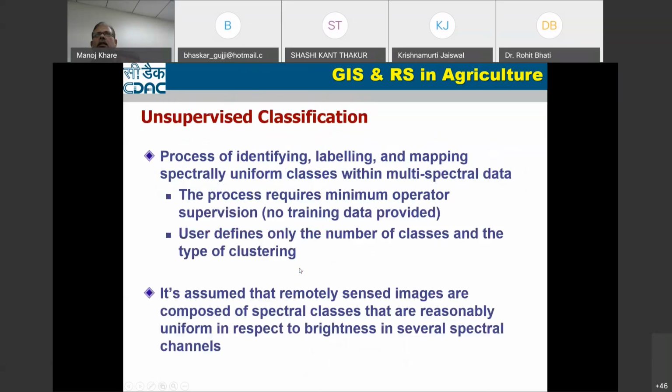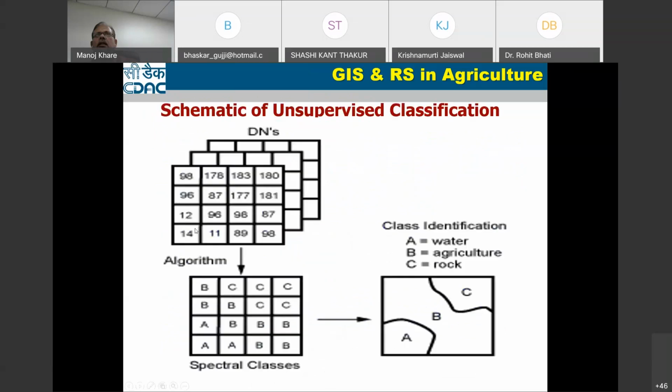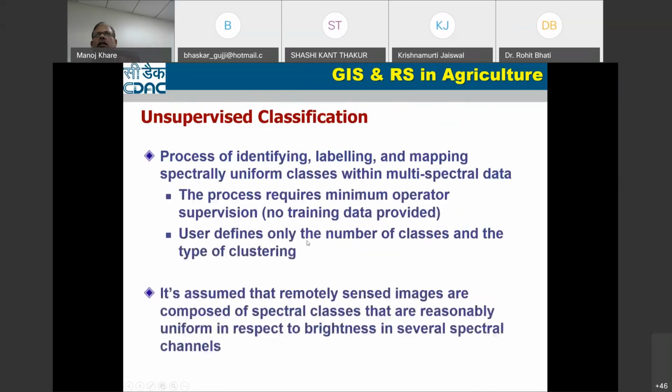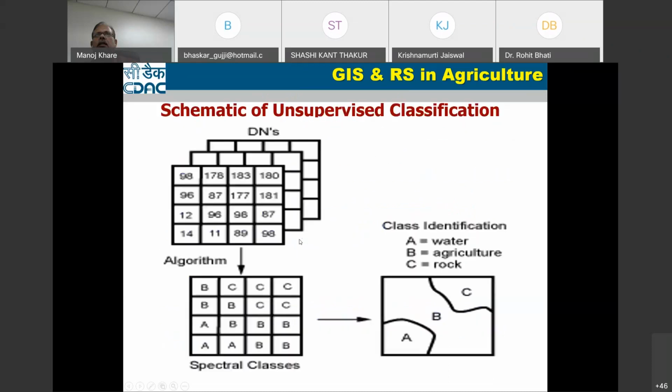But when you go for unsupervised classification, it classifies based on the numeric DN value into that number of classes. Suppose you go for 3 classes, it will take a certain range. When you go for 5 classes, it will change that range. Like in this case, it is taking 177 to 181 as one class. But if you go for more classes, it may put 170 to 178 in one class, 180 to 183 in another, and 181 in a third. So this area, which is now classified into 1 class, can be classified into 3 classes. But you have to do a lot of post-classification editing. That's why we always prefer to go for supervised classification.